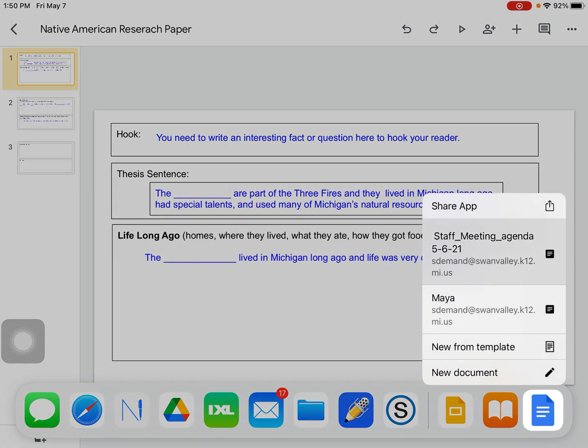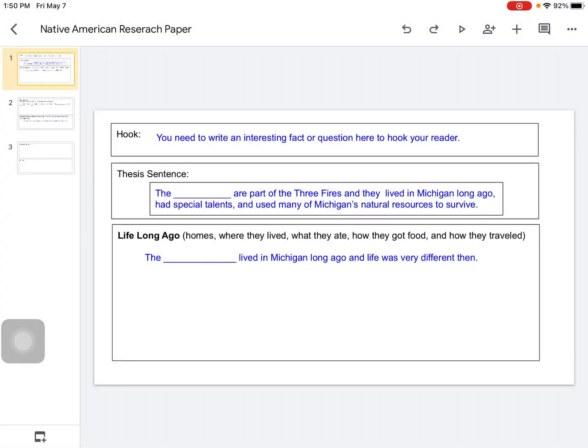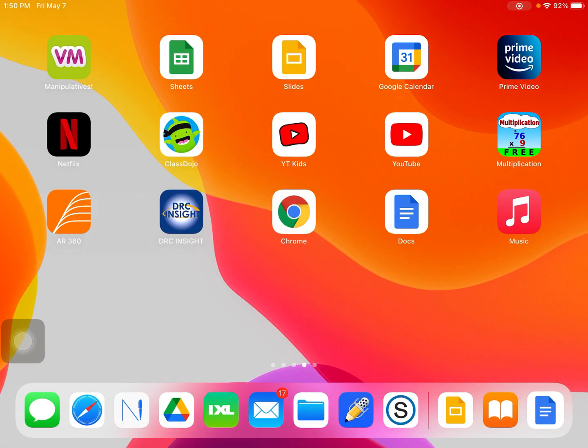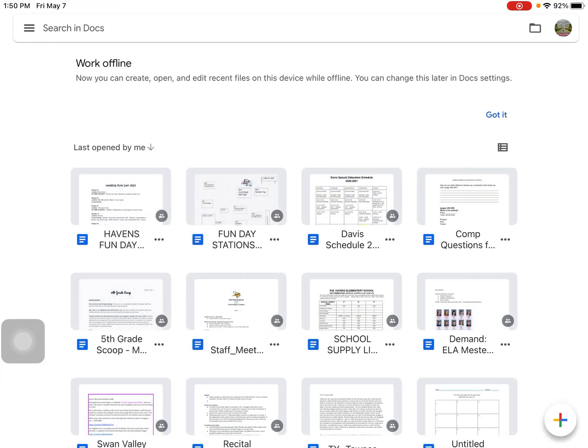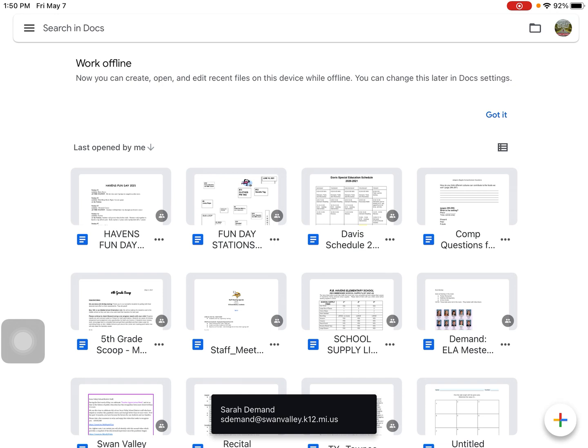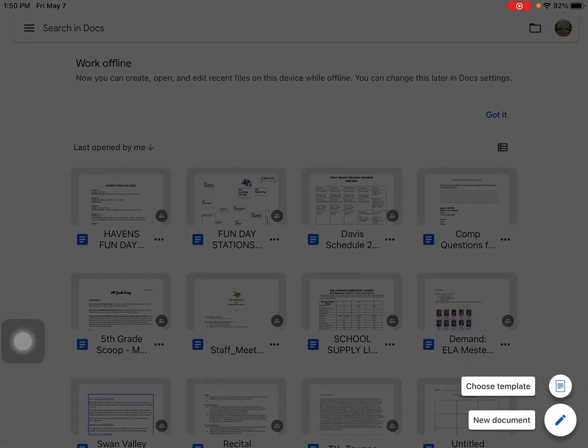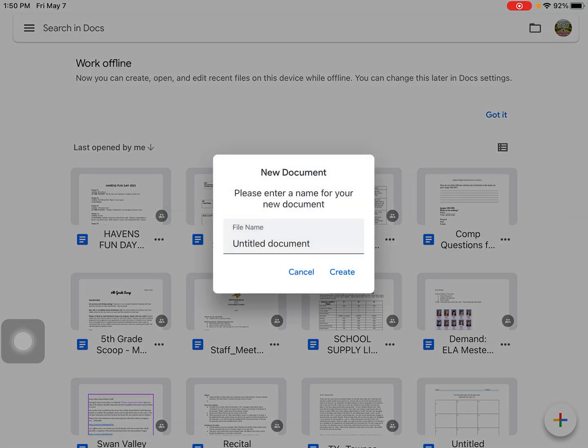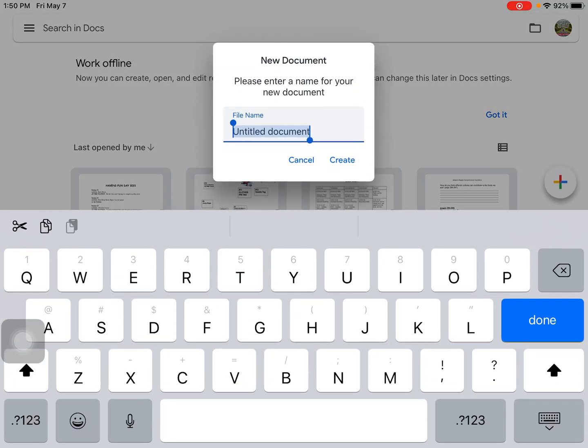And we are going to be using Google Docs, okay? So I'm going to be using Google Docs. I'm going to press this plus sign down in the corner here, and I'm going to choose New Document, and